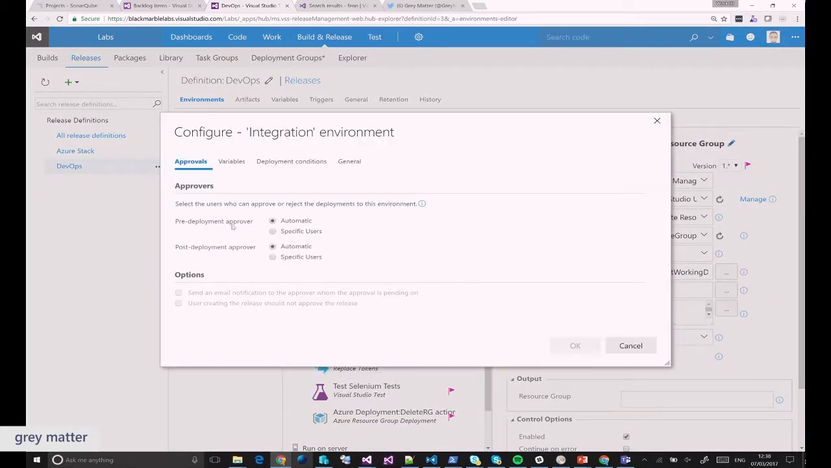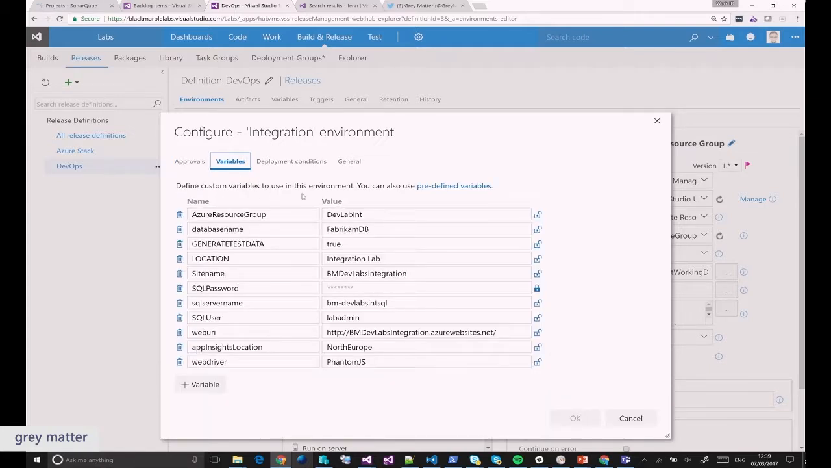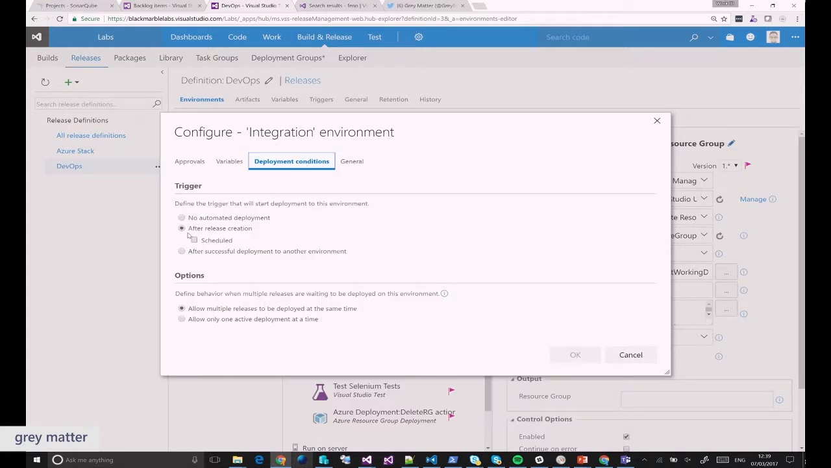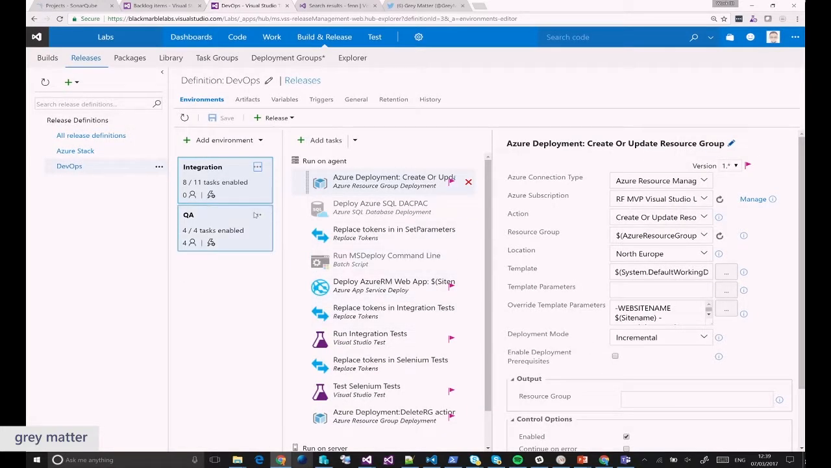Our integration lab runs automatically. Nobody approves it. We've got a whole pile of variables that are specific to our integration lab. And we've said you run the integration lab whenever someone starts a new release pipeline. If we have a look at our QA lab,